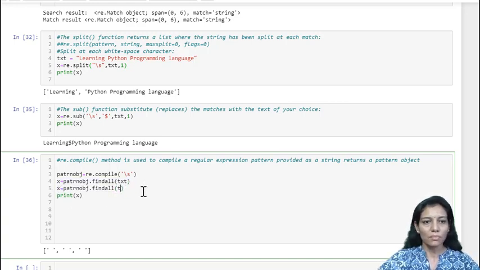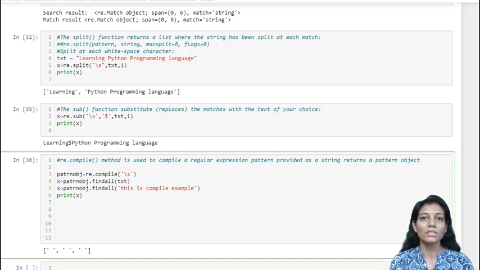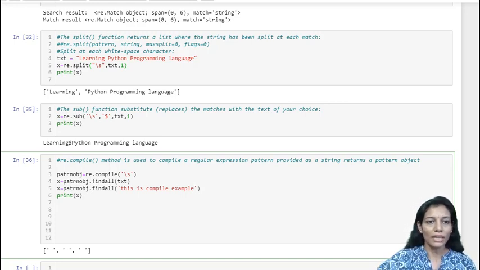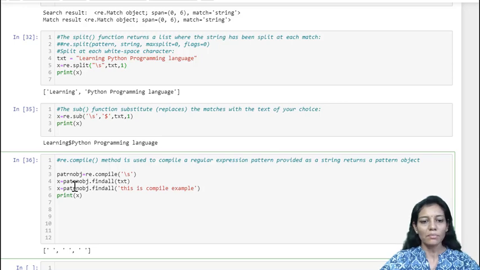If I just change my text, this is compile example, and I want to match the same pattern, that is the white space that I want to search. I don't need to recompile it again; I can reuse the pattern object which was returned earlier.